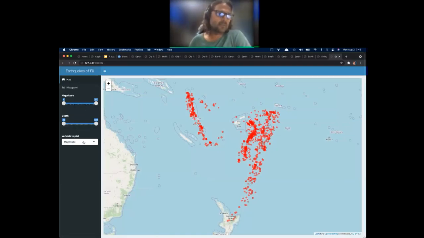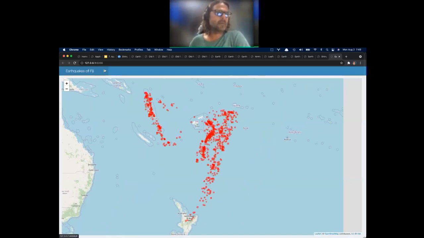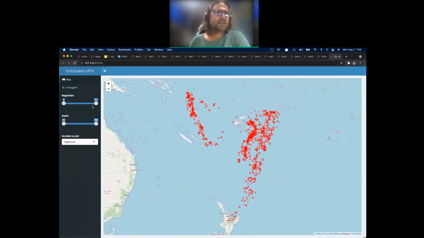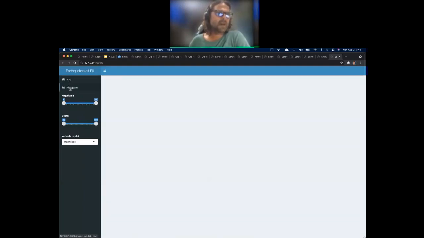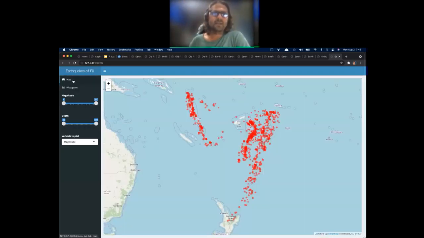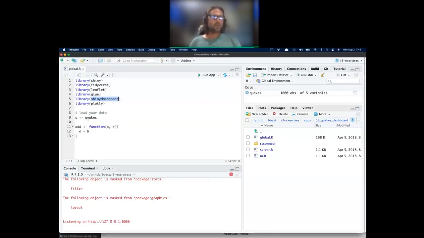So we still have these slider inputs and we still have this variable drop down. And out of the box, Shiny Dashboard gives you this little hamburger menu that you can expand and collapse. And then we can alternate between the map and the histogram. So that's like a tabbed kind of view of it. And the way that works,